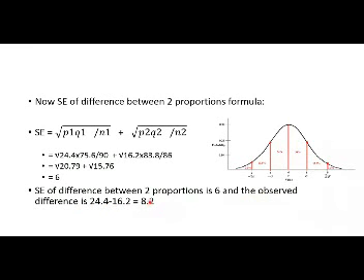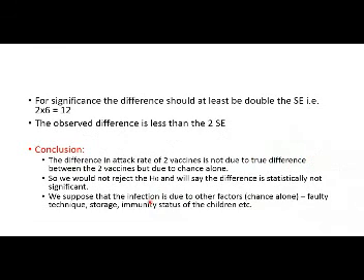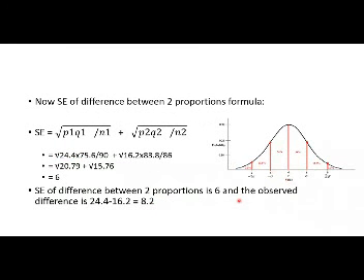8.2. The confidence interval, that will be, 6 is one standard error, and we are talking about two standard errors, 6 multiplied by 2, so this will be 12. Now in order to reject the null hypothesis, our area lies between